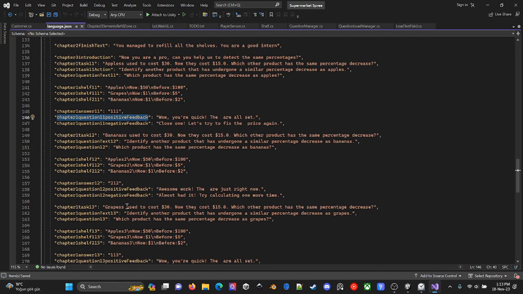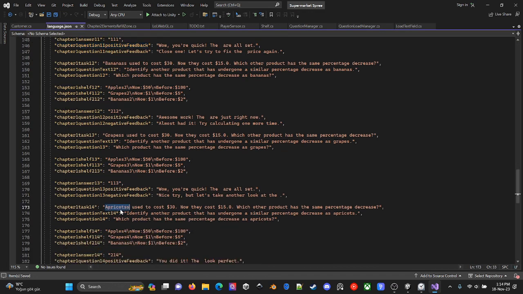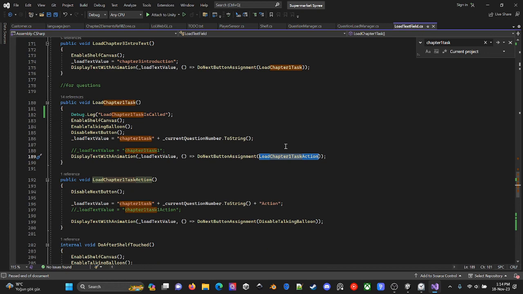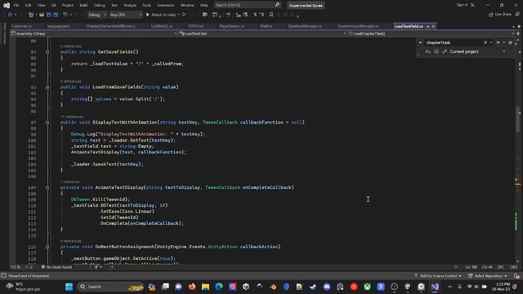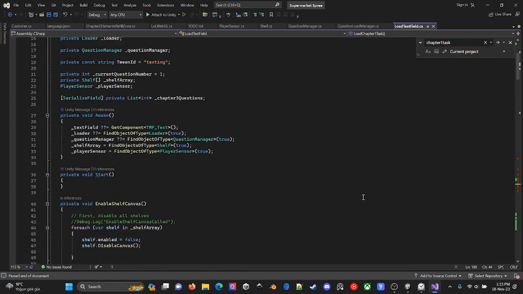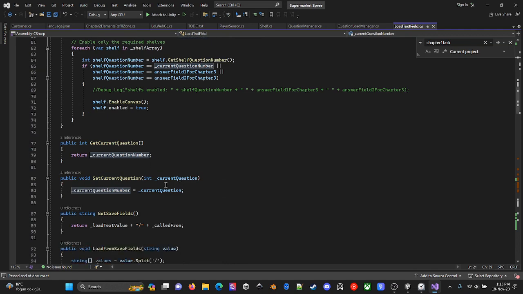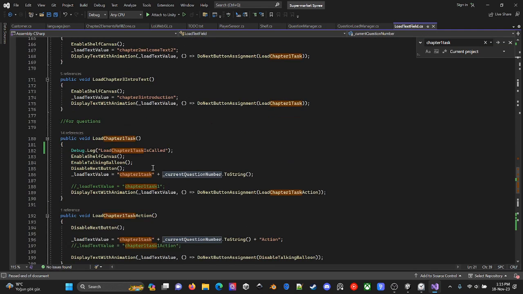Apricots used to cost. Chapter 1, task 14. Question text 14. Question text 30. Okay, this loads the chapter 1 task. Task action. Then the question text. Next button assignment, if chapter 1 task is called. Okay. Does this load text field have current question? Enable, self get current question, set current question, and